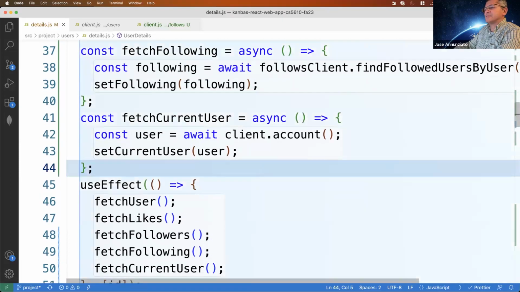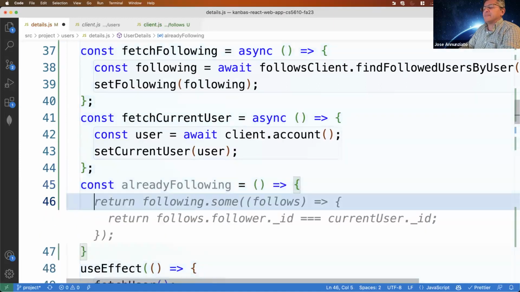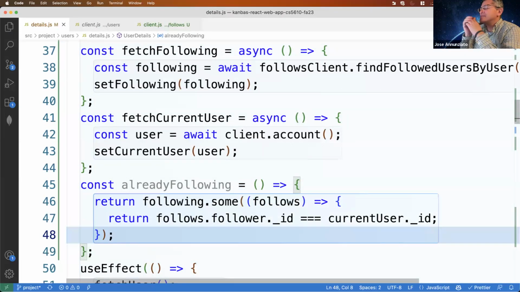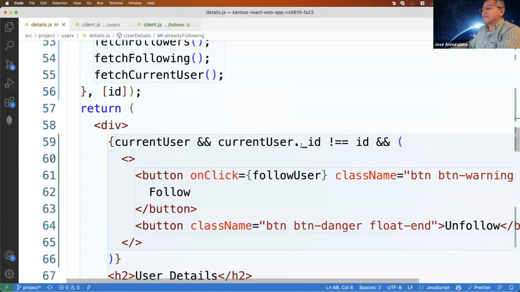The function. So this is already following. So I have the following sum. In the list of following, is the follower me, basically? So we can do already following.